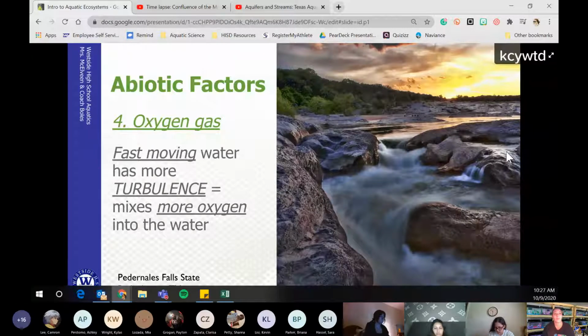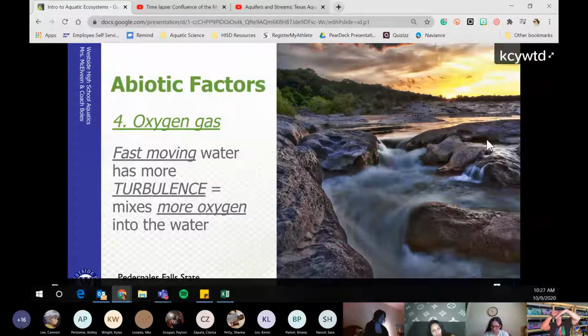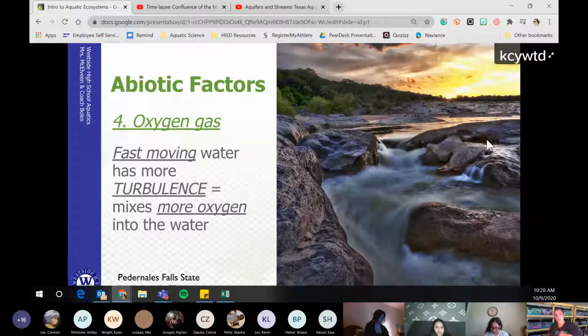The higher in elevation you go, like up in the mountains, they have a more rapid decline in elevation because it's a mountain. So it starts up really high, and then down the mountainside, you're going from super high elevation to a low elevation. And with that, the water is moving faster, and therefore it rolls over rocks and whatnot, and it allows that turbulence to occur. It is rapidly moving up in the mountainous areas, you're going to have rapids.